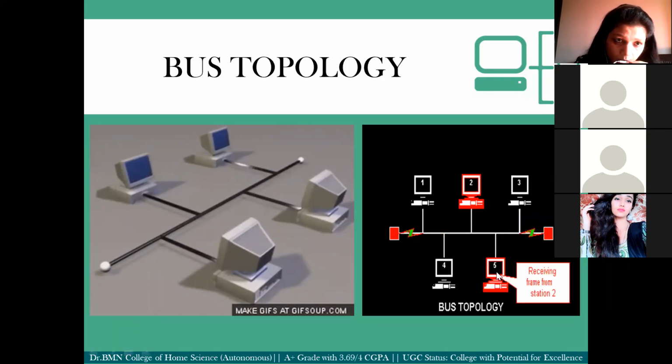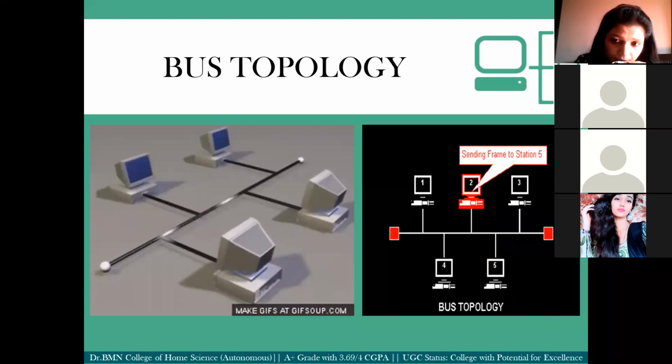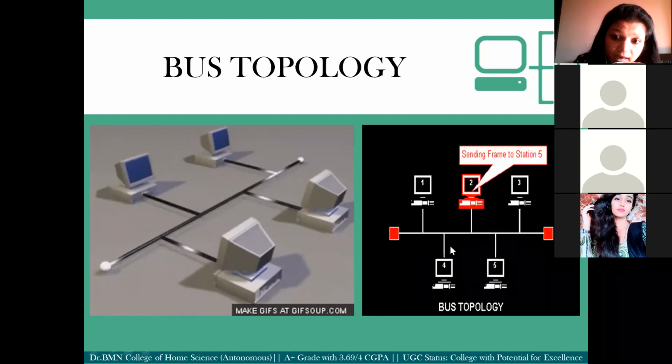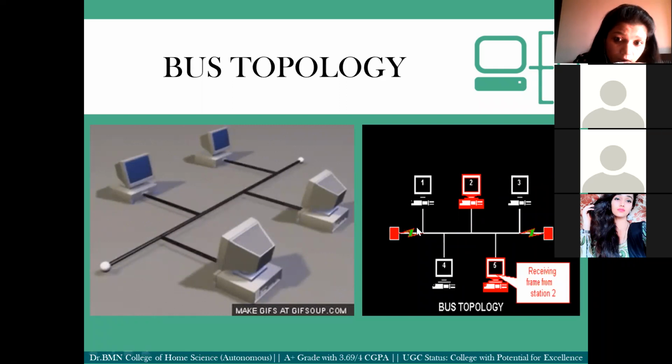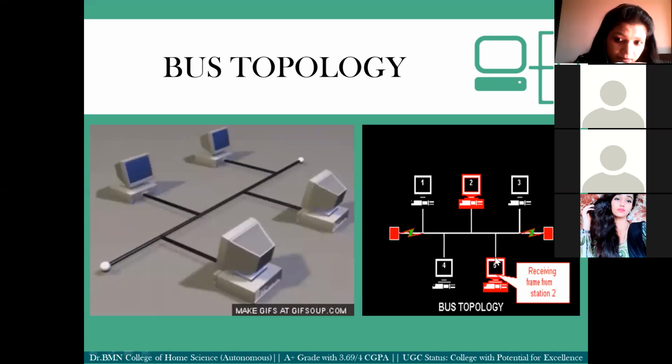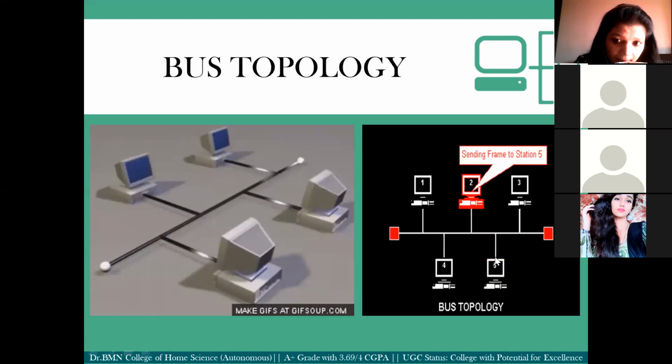This you and me know, because we have eyes to see. Machines don't have. Machines have something called addresses. So the signal will be transmitted. Okay, it will go in all the directions. Now this is not the receiver, it will reject. This is not the receiver, it will reject. This is the receiver, it will accept. Can you see? Yes, ma'am.